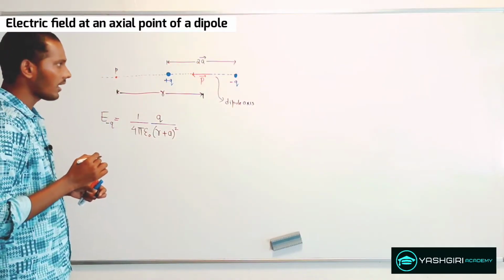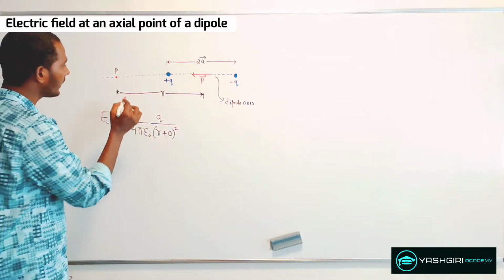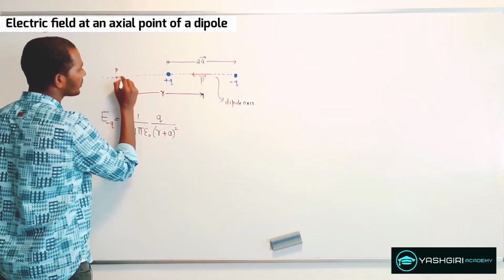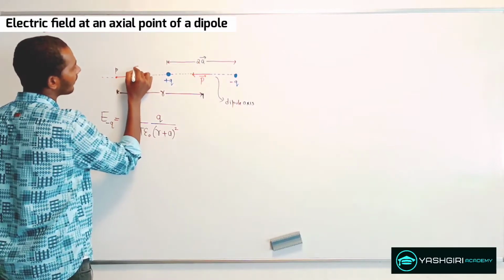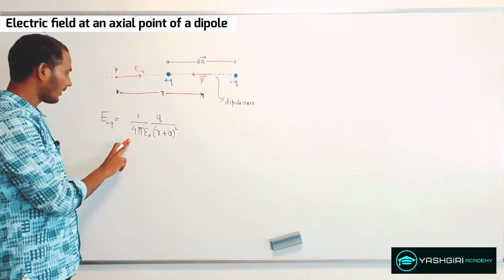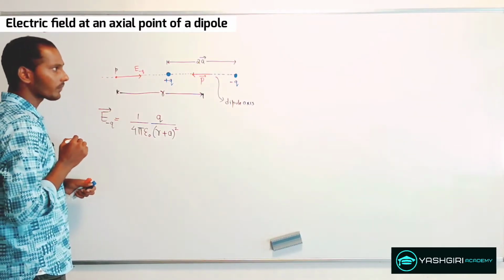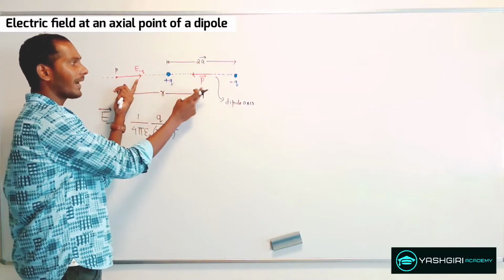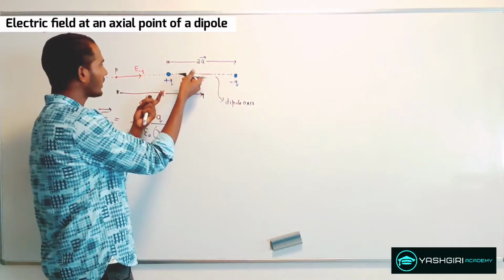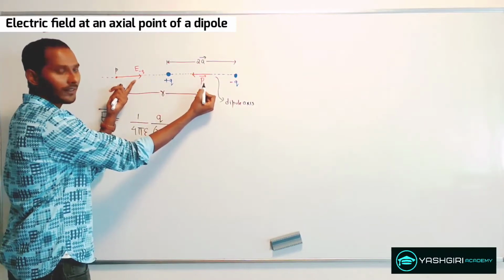So that's the distance. And here, the direction of this electric field will be pointing inward, right? So this is a negative charge. The field line should be drawn pointing inward, and I can show it like this. So this is the electric field of a negative charge, which will be pointing inward. Now if I want to show the direction of this electric field, I'll be showing it with respect to this dipole moment. The dipole moment is from negative towards the positive side, and this electric field is exactly opposite to the direction of this dipole moment.